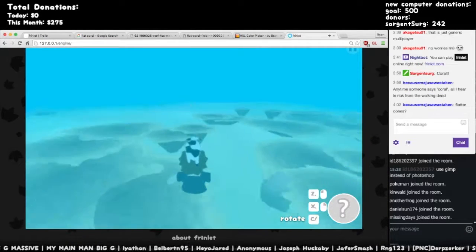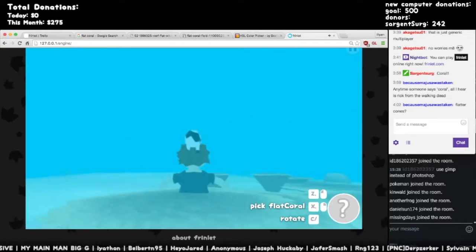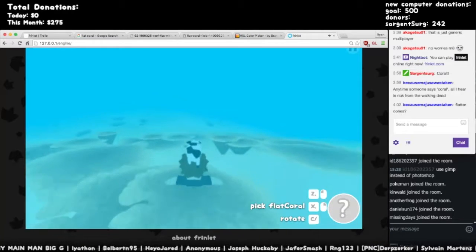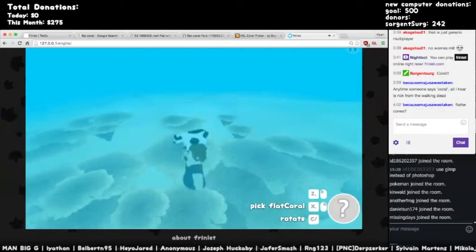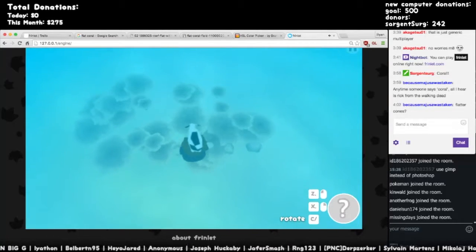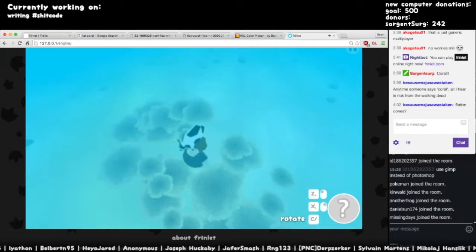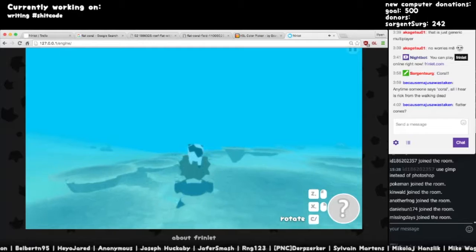I suppose what I could do, but it would be more polygons, is make it more rounded. It's not that bad though. I wish it was better. Again, from the top, it looks really good. Like this kind of view, it looks almost exactly like what I want it to look like. But from the side, I don't know how to handle